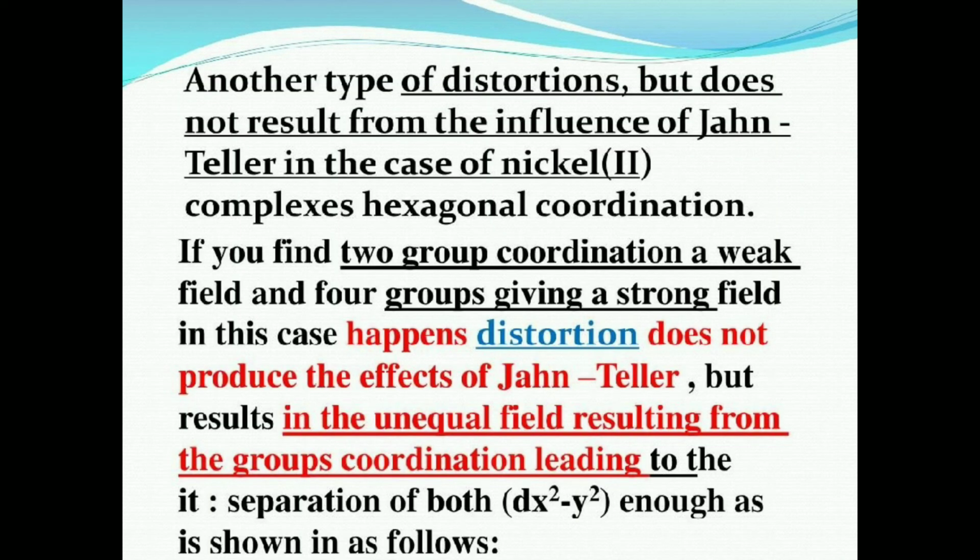There is another type of distortion which does not result from the influence of Jahn-Teller, in the case of nickel(II) complexes with hexagonal coordination. If you find two groups of coordination giving a weak field and four groups giving a strong field, in this case the distortion does not produce the Jahn-Teller effect but results in an unequal field resulting from the group coordination, leading to separation of both dx2-y2 and dz2, as is shown in